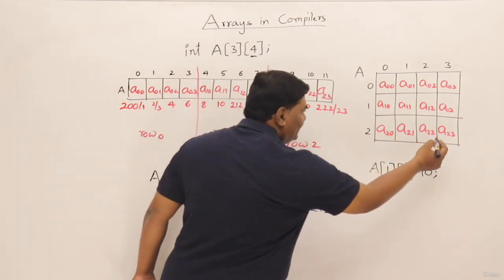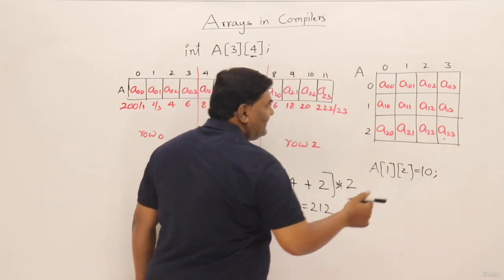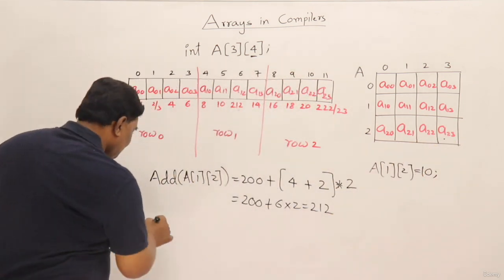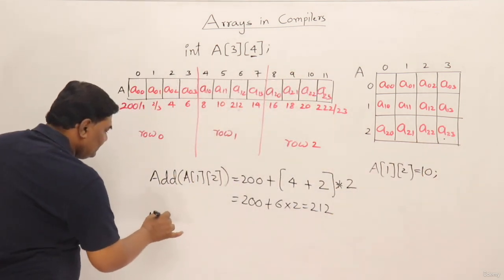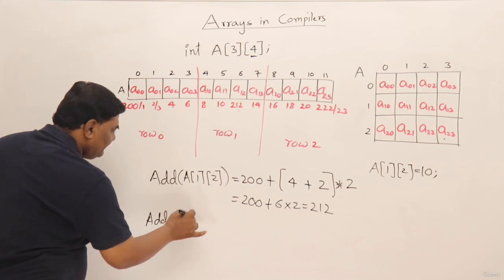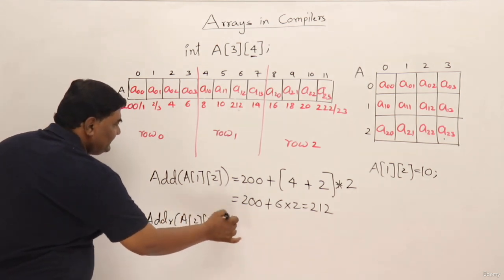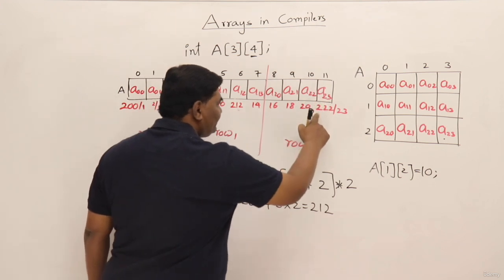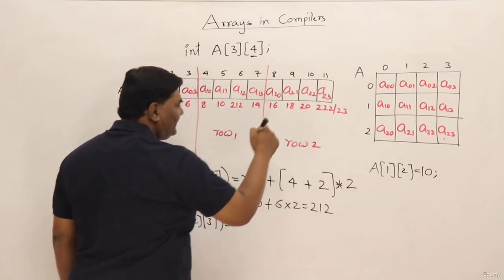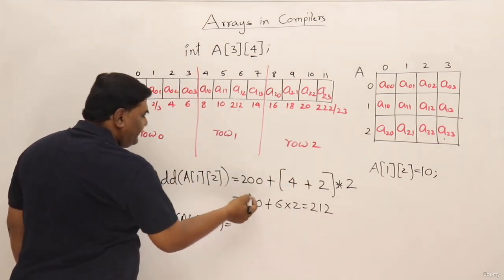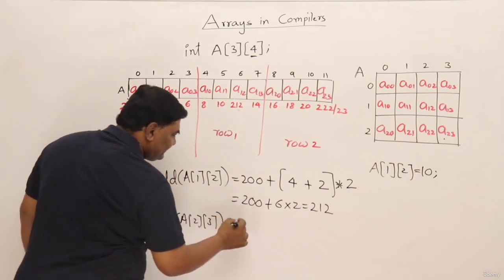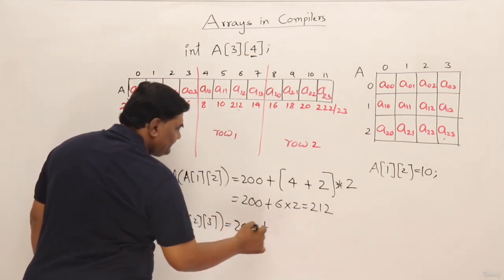Let us take this element, a of 2, 3. So the address of a of 2, 3. If you see, a of 2, 3 is at address 222, so I should get this one. Now let us follow the same method. First take the base address 200, then